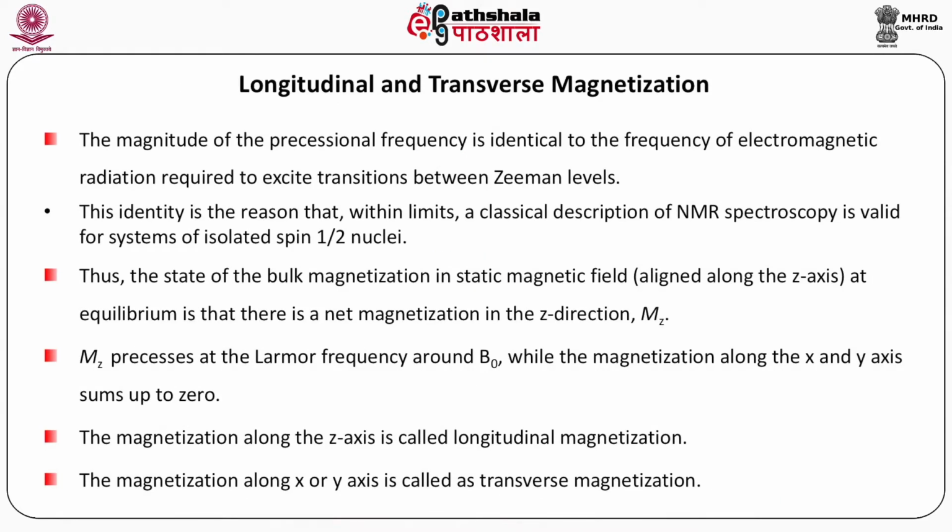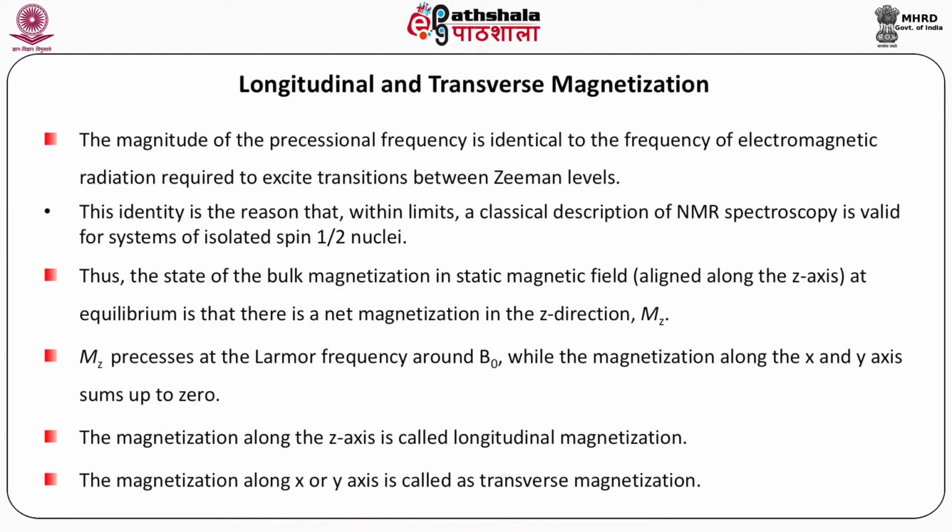Longitudinal and transverse magnetization. The magnitude of the precessional frequency is identical to the frequency of electromagnetic radiation required to excite transitions between Zeeman levels. This identity is the reason that, within limits, a classical description of NMR spectroscopy is valid for systems of isolated spin half nuclei. Now, here you see that isolated spin half nuclei can be described by a classical model as